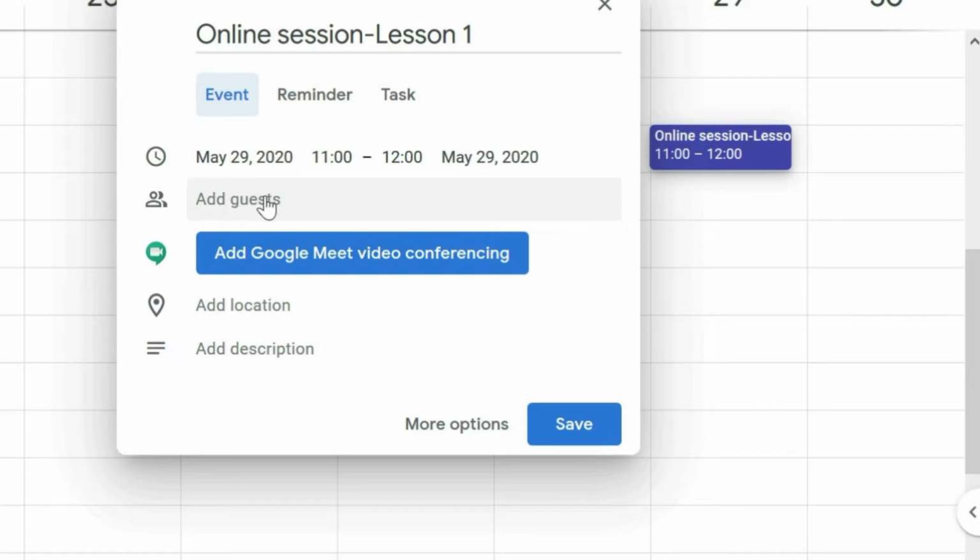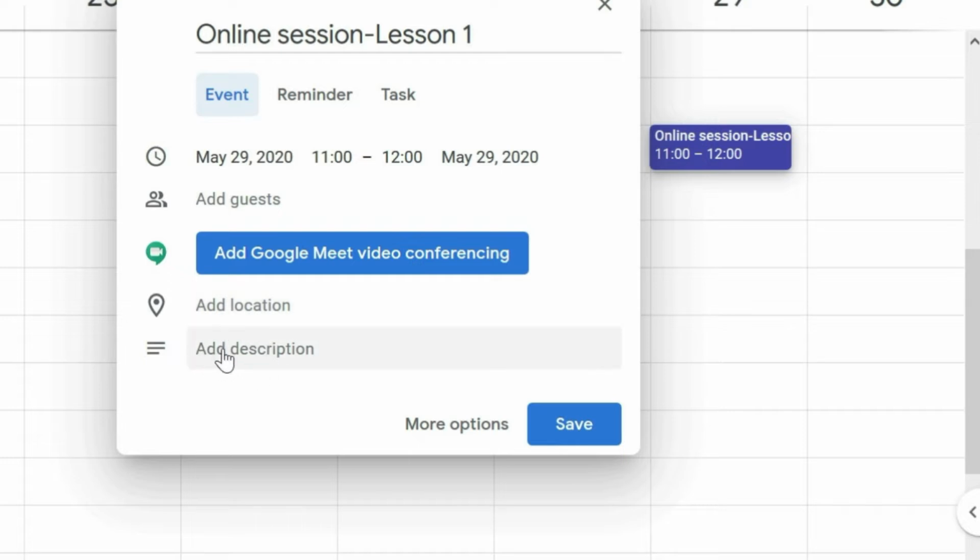Add guest, in the sense, you can add some email addresses, and to those people this notification will be sent. So this one you need not include at present, and you can ignore this particular option. You can conduct this particular session in Google Duo, so that is another option in Google. All those things you can leave.